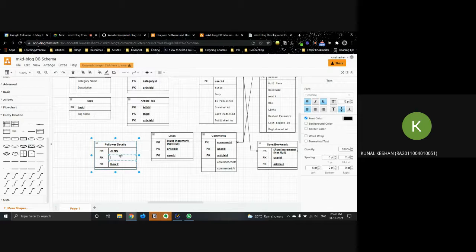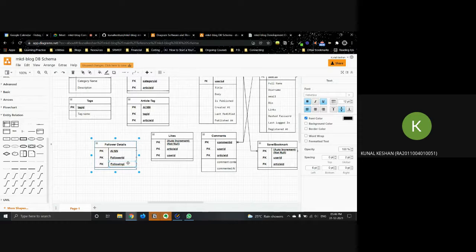Right. So my first foreign key will be the follower ID, and the second foreign key will be the followed ID. Follower, or you can say it. Yeah, followed makes more sense. Or following.